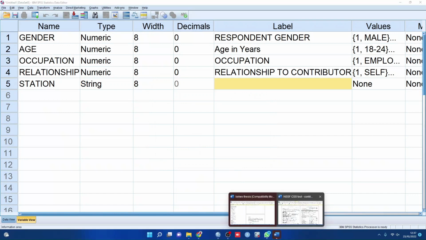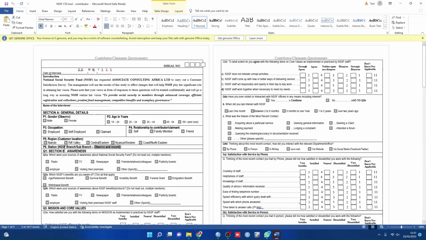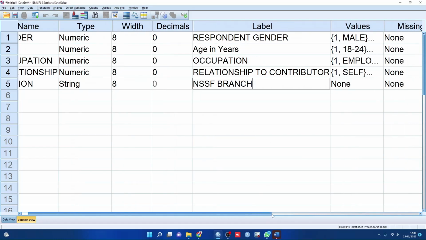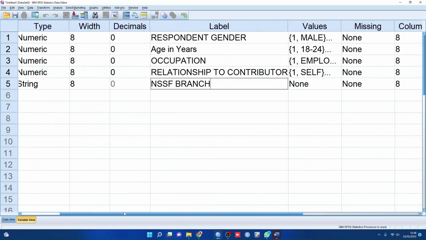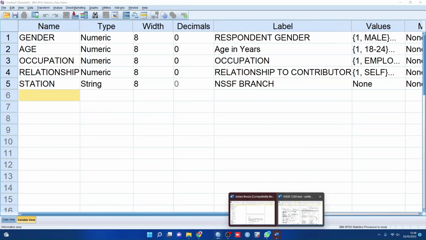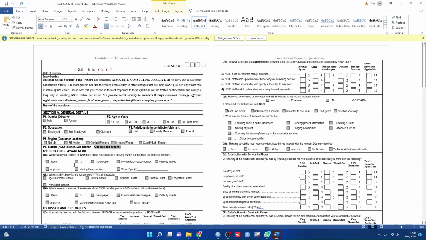And then for label, I'll just say NSSF branch or sub branch. So here I'll just say NSSF branch. I think that is enough, but now we're not going to assign values or whatever because we're dealing with a string variable. If you look at the second section,